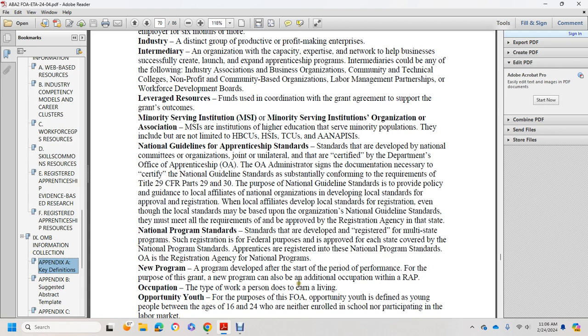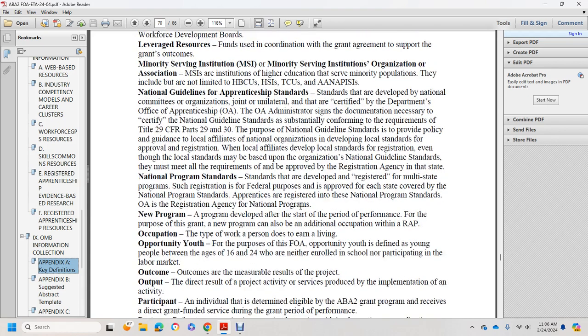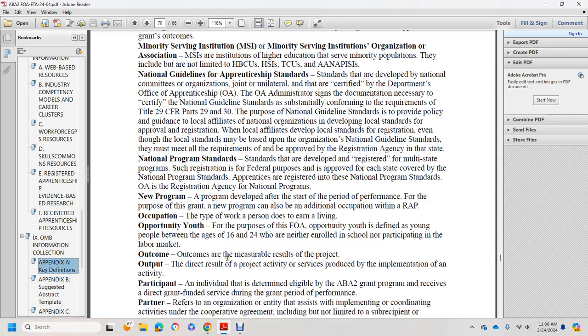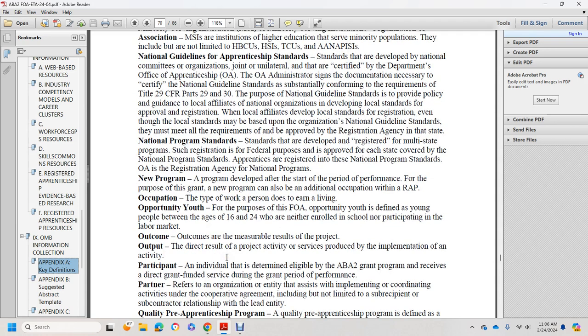for the purpose of the new grant. A new program can also be an additional occupation within a registered apprenticeship program. An occupation is the type of work a person does to earn a living. Opportunity youth, for the purpose of this funding opportunity, are defined as young people between the ages of 16 and 24 who are neither enrolled in school nor participating in the labor market. Outcomes are the measurable results of the project. Output is a direct result of the project activity. A participant is an individual determined eligible for the